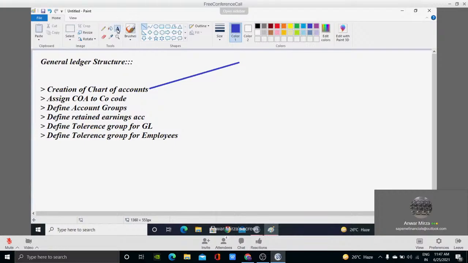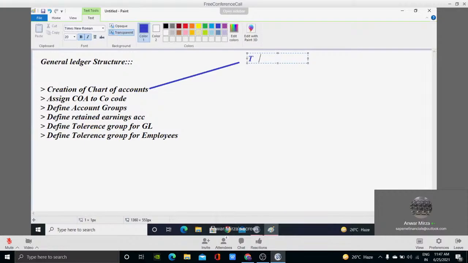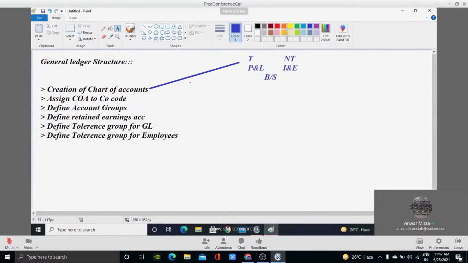There are two types of accounts, right? One is trade, another one is non-trade. Got it? Do you agree on it? One is service sector, another one is trade sector. Now for trading you prepare P&L account. Now for non-trading you prepare income and expenditure account. Got it? But the target for both is preparation of the balance sheet. Do you agree? Yes, sir.